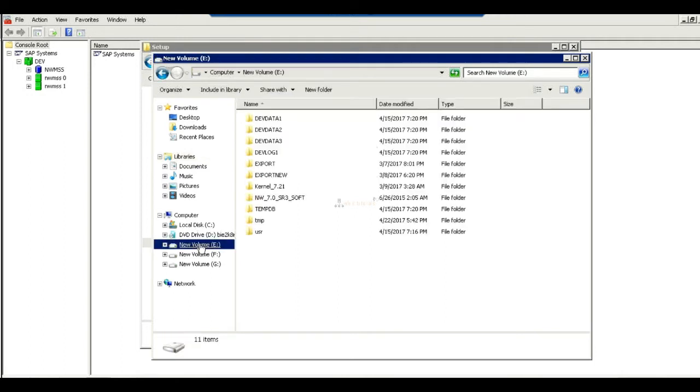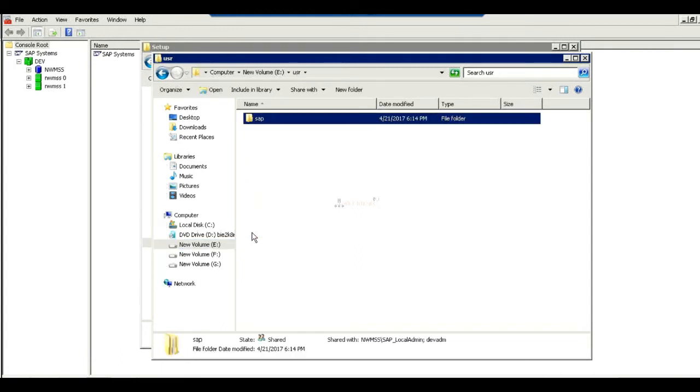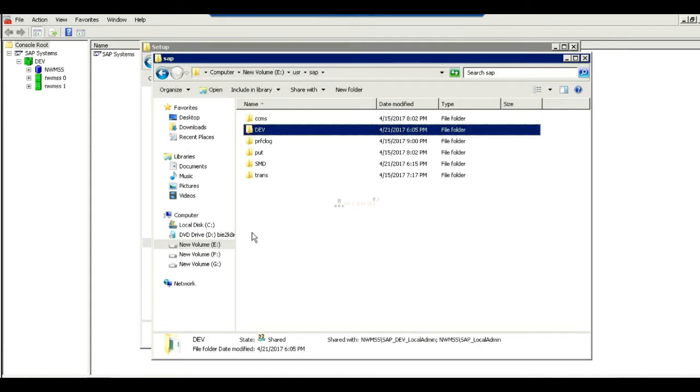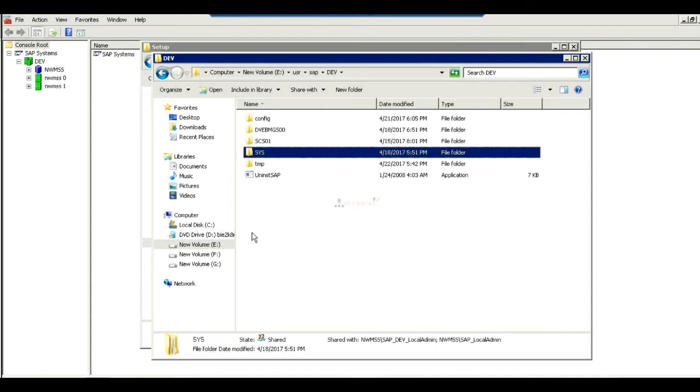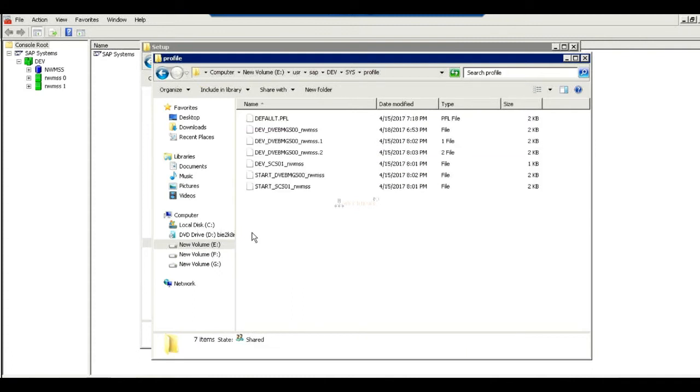What is my installation drive? E drive, right? Yes. E:\usr\sap\SID\SYS\profile, right?